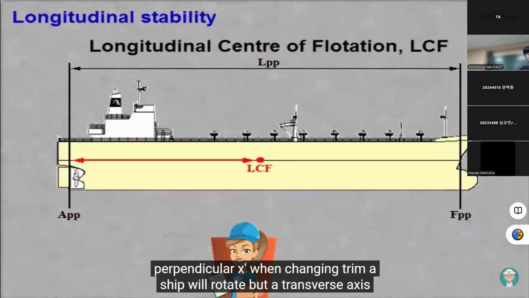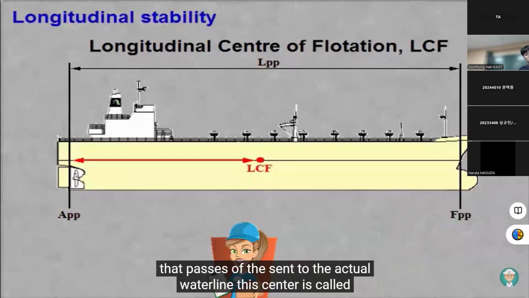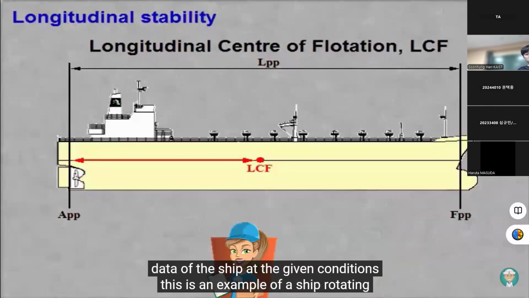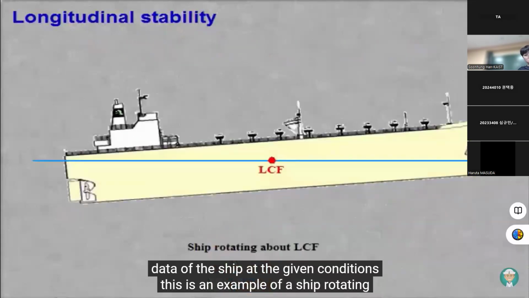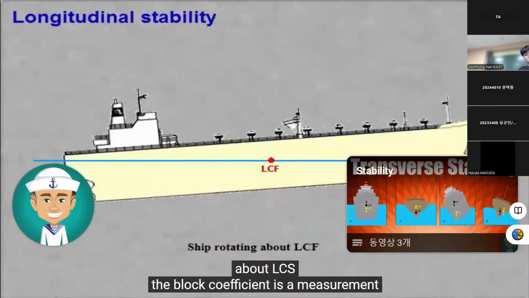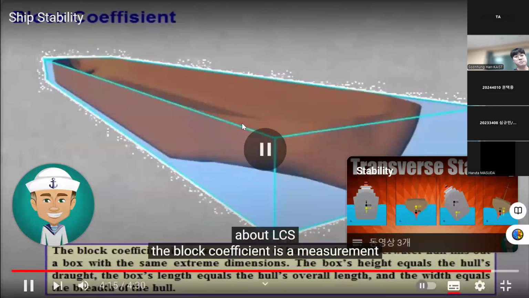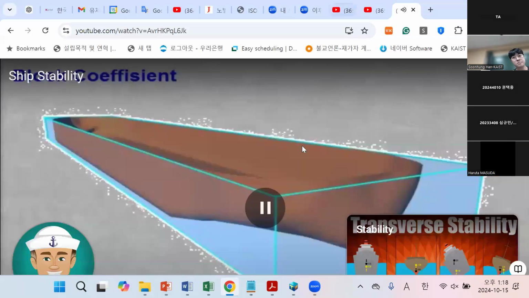When changing trim, a ship will rotate about a transverse axis that passes through the centre of the actual waterline. This centre is called the longitudinal centre of flotation, LCF. LCF is read out from the hydrostatic data of the ship at the given conditions. This is an example of a ship rotating about LCF. The block coefficient is a measurement of how much an underwater